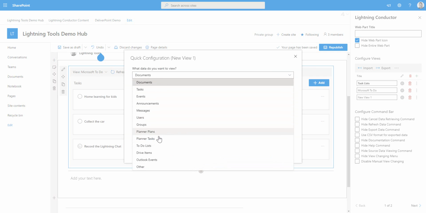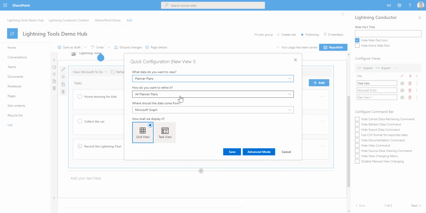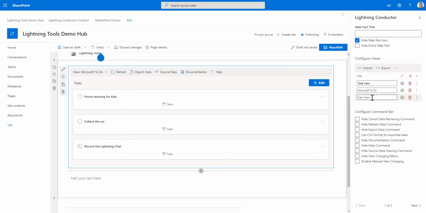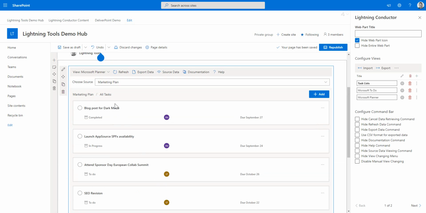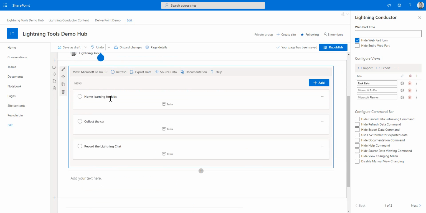So we can go through and bring in Planner plans. So we'll bring in all the Planner plans from Microsoft Graph again, and I'm also going to use the task view, and let's just name that view Microsoft Planner. Okay, and now you'll see we've got the three views going on, all to do with tasks. So we've got the planner plans coming through, we also have the Microsoft To Do, and we have task lists,